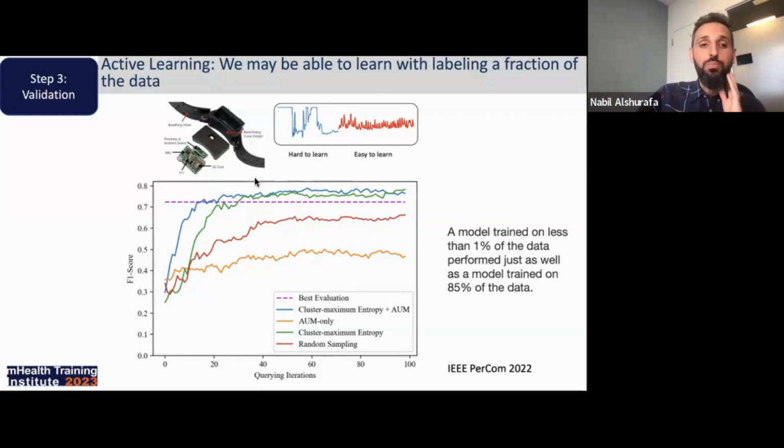Here we show, using the cluster maximum entropy plus AMU algorithm that we proposed, that with a fraction of the data we're able to reach the same accuracy as a model trained on 85% of the data, by training a model using less than 1% of the data.